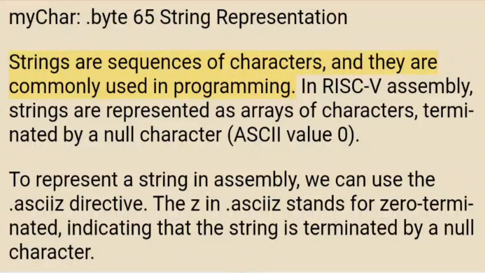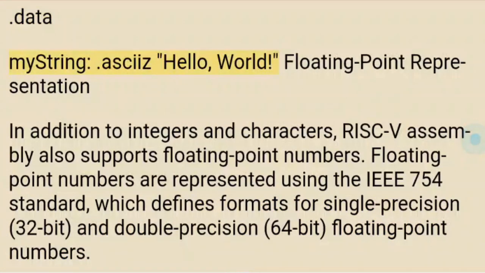String representation. Strings are sequences of characters, and they are commonly used in programming. In RISC-V Assembly, strings are represented as arrays of characters, terminated by a null character, ASCII value 0. To represent a string in assembly, we can use the .asciz directive. The Z in asciz stands for zero terminated, indicating that the string is terminated by a null character. .data myString: .asciz "Hello, world"